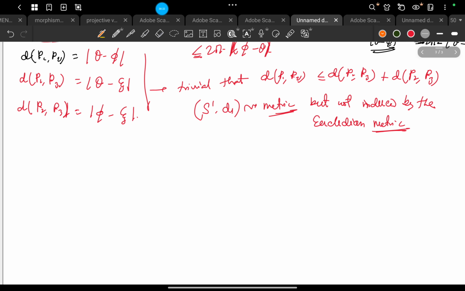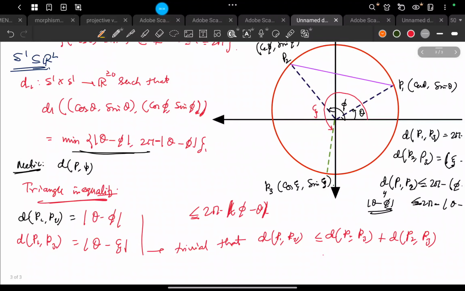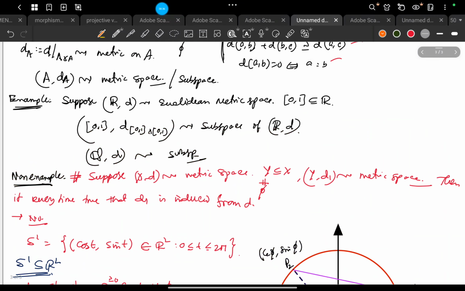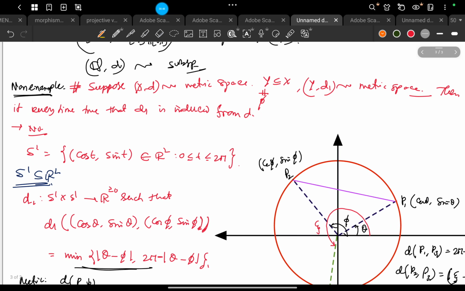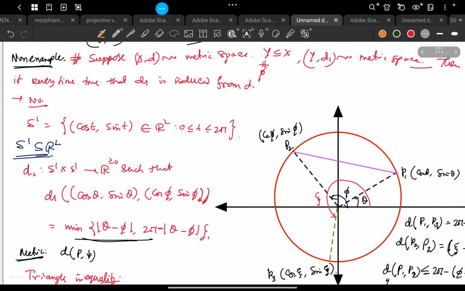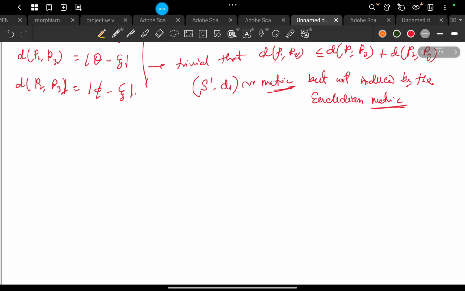We have the matrix we can define on S1 in this way, which is not induced by the Euclidean metric. So this is the thing. All right, but that is an example that the metric is not unique. Like on S1 you have two choices, one is this one, another one is the normal Euclidean metric. So that's why in a metric space a particular set can have different metric space structure with respect to different metrics. Okay,